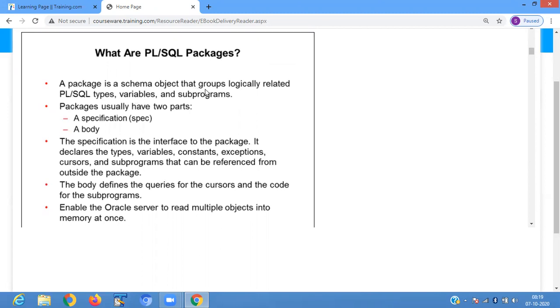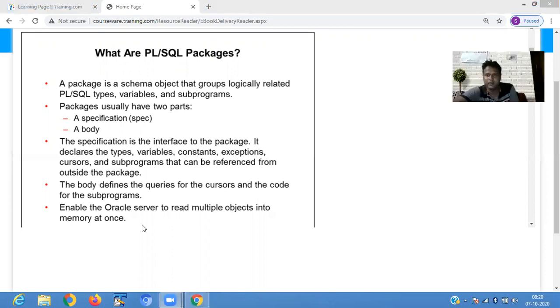The packages contain two parts: one is the package specification, another is the package body. The specification is the interface to the package. Specification means what? Declaration. Like when you are writing a program in another programming language, first you define a variable, then you define a function. It is just like that.